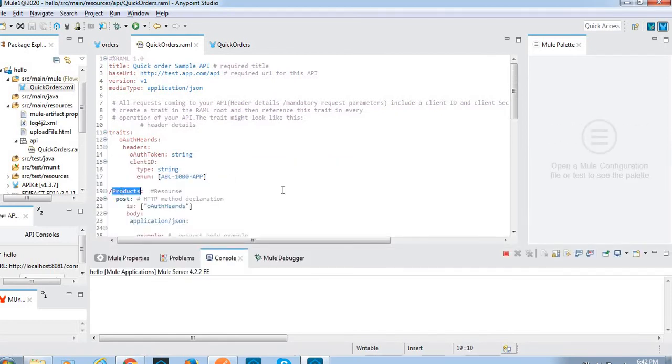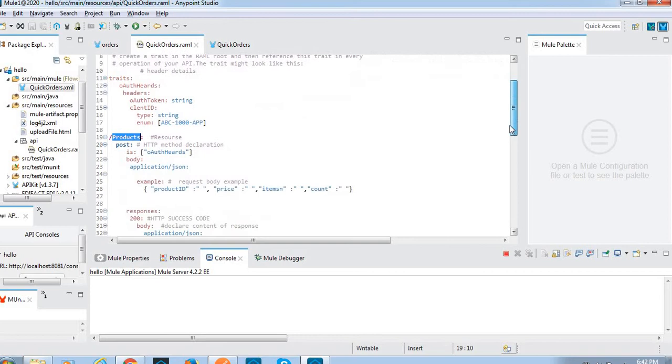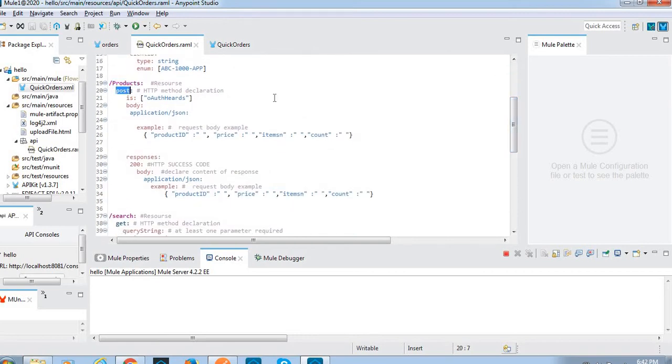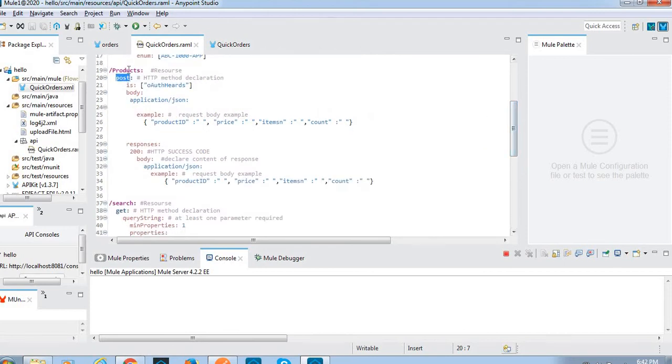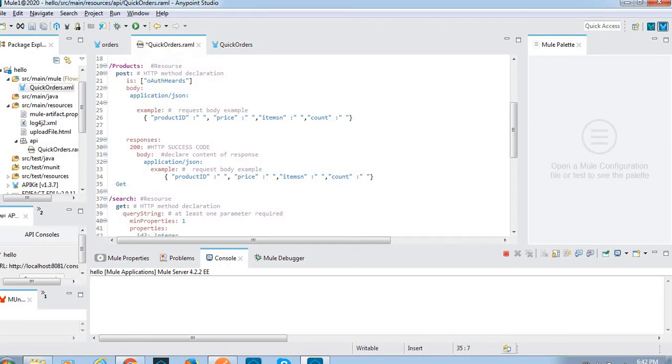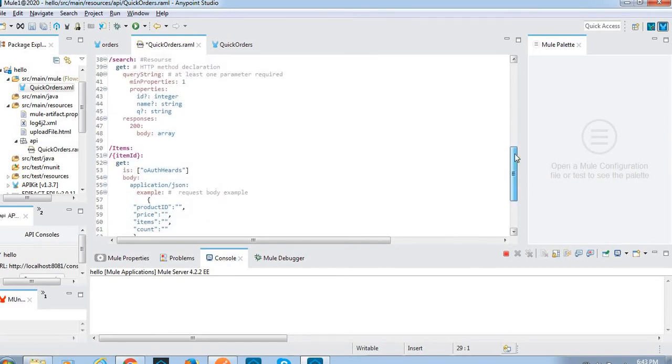See, here we have products is one resource and post is one method in products. We can have multiple methods in one resource, like we can mention get also. This way we can write and implement the get method inside this resource if required. Okay, another one is search, and another resource is items.